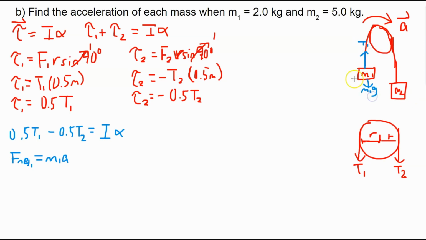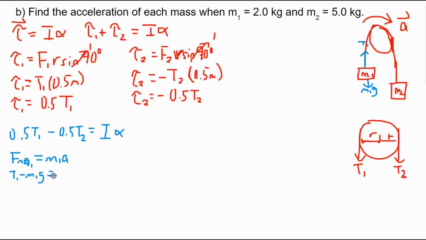Now, the question is, which one's positive, which one's negative? Well, the positive quantity is the one that's in the same direction as the acceleration. And notice the acceleration is this way. It's going clockwise. So what direction is that? When we look at our diagram, tension is going to be the positive quantity. So we're going to have T1 minus M1G